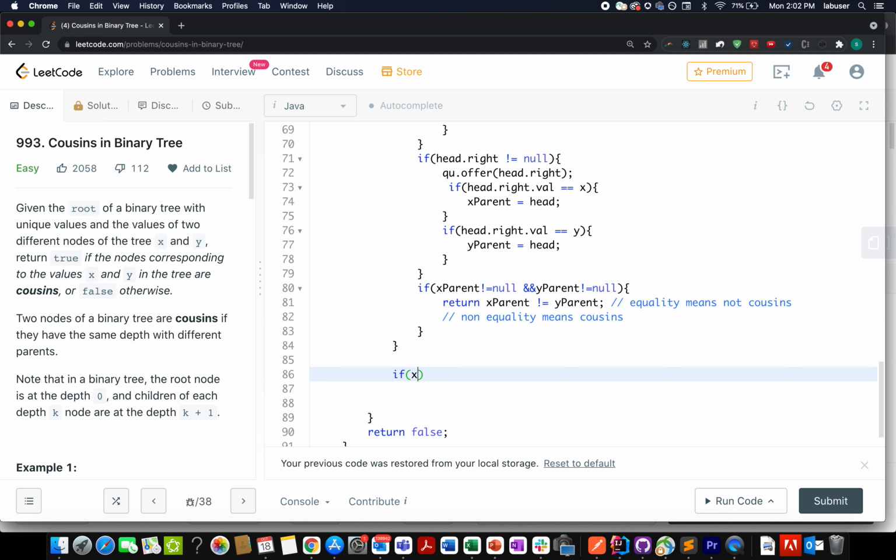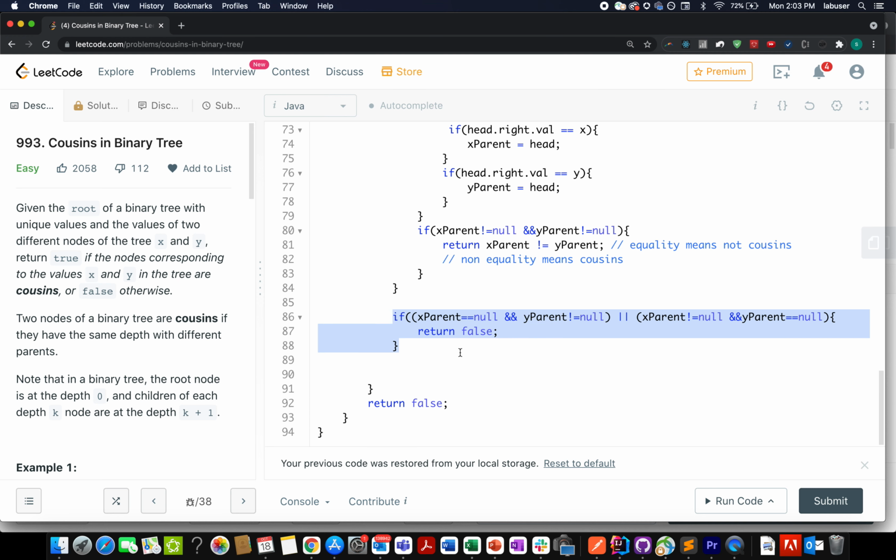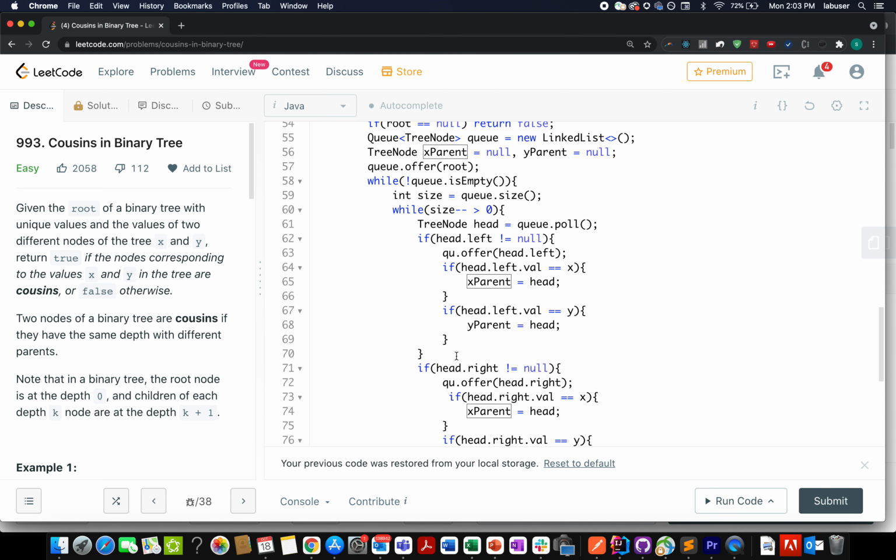If my x parent is equal to null and my y parent is not equal to null, or the other case would be my x parent is not equal to null but my y parent is equal to null, in both these cases, we need to simply return false as the answer. The fourth case is simple, that both of them have been set to null. We will continue the iteration so that we are able to set those up appropriately in the further levels.